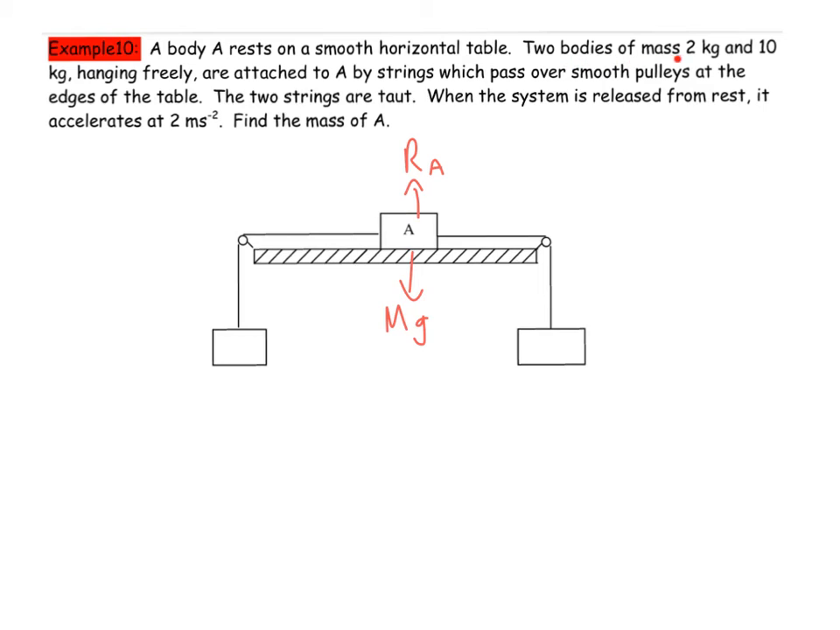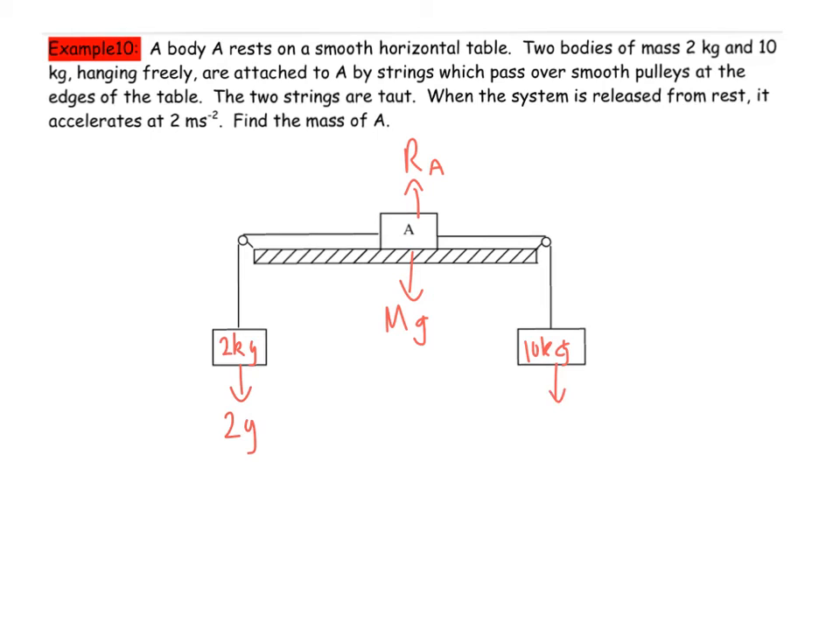Two bodies of mass 2 kilograms and 10 kilograms hang freely, and are attached to A by strings which pass over smooth pulleys at the edges of the table. So let's put 2 and 10 here. 2 kilograms, 10 kilograms. This creates a weight of 2g,